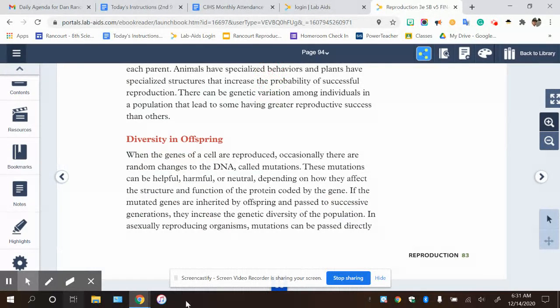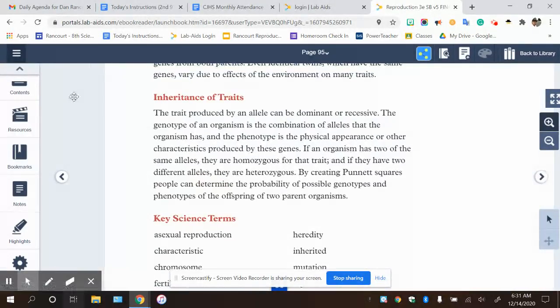Diversity in offspring. When the genes of a cell are reproduced, occasionally there are random changes to the DNA called mutations. These mutations can be helpful, harmful, or neutral depending on how they affect the structure and function of the protein coded by the gene. If the mutated genes are inherited by offspring and passed to successive generations, they increase the genetic diversity, or again, variation of the population. In asexually reproducing organisms, mutations can be passed directly